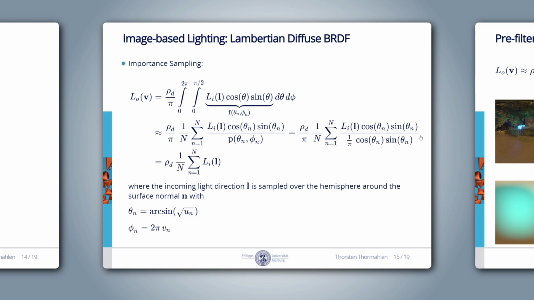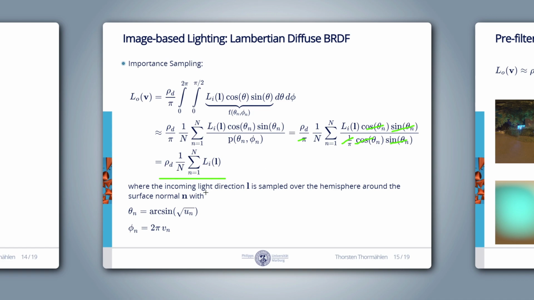Now we are putting it all together. This is the problem that we want to solve. The integral is approximated by importance sampling, which gives us this sum. We put in our selected PDF, 1 over pi, cosine theta times sine theta. These terms all cancel each other out. And we arrive at this very simple formula,